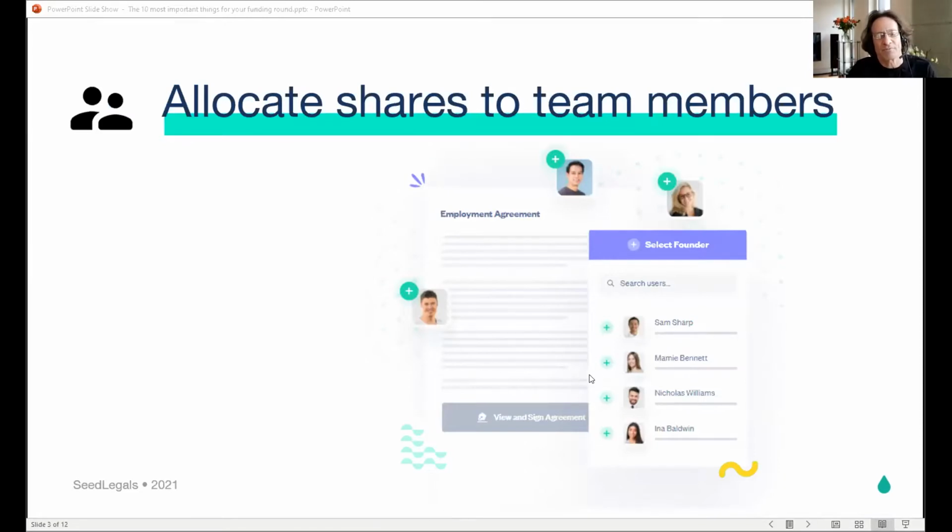So you've now incorporated your company and you've got some founders, and our data suggests that 2 founders is firstly the most common, and also companies with 2 founders tend to get funded faster and more effectively than companies with 1 or 3 founders. Now, it doesn't mean 1 or 3 or more is a disaster, not at all. There are many sole founder companies out there, but I think investors like to see that firstly, there's not a